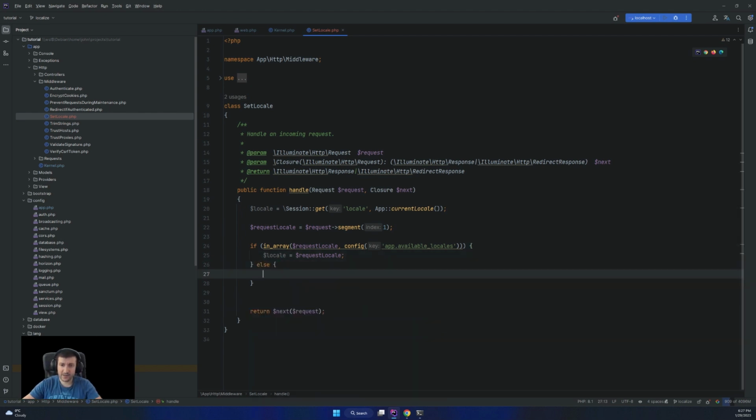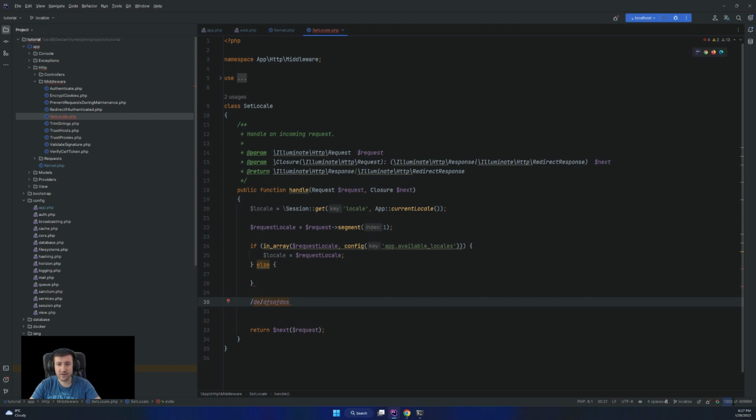If I don't have a valid locale, let's say someone entered something that isn't yet activated, or enters directly, let's say login, which he saw somewhere and he wants that route.